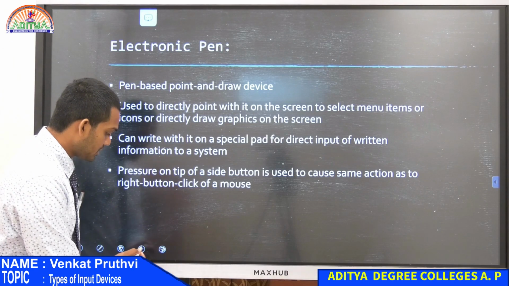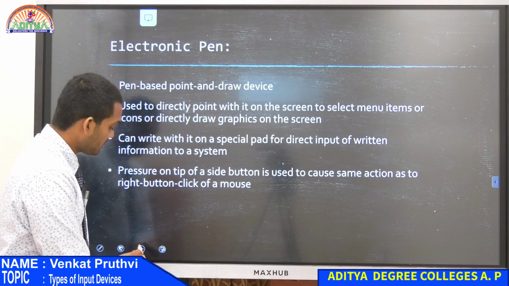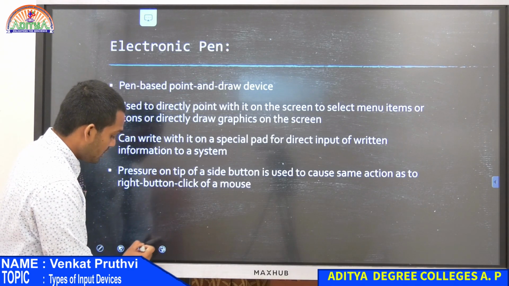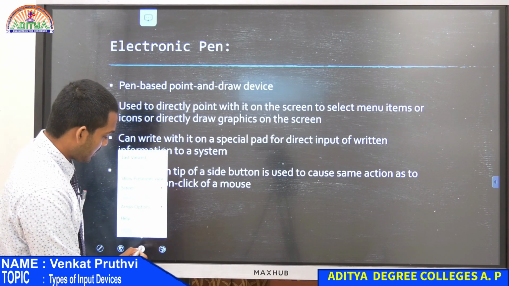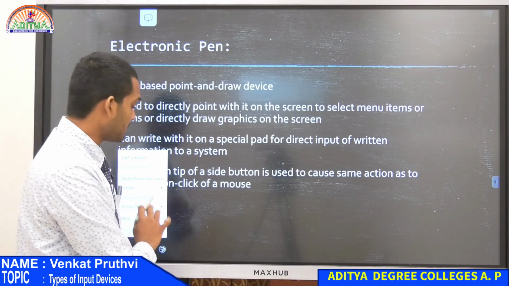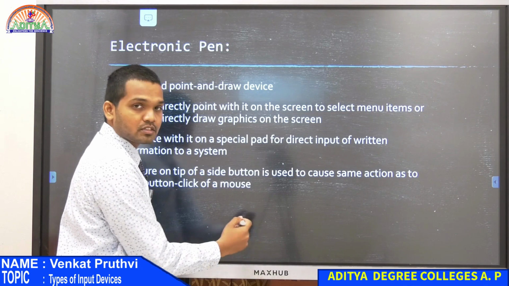If you can see, there is an option available here. So whenever I am clicking on this option here, what is happening? There is some functionality for this option, right? So when I am clicking and pressing or holding this, it's able to operate or perform that particular function over here. But here we don't have any other feature or any function available.